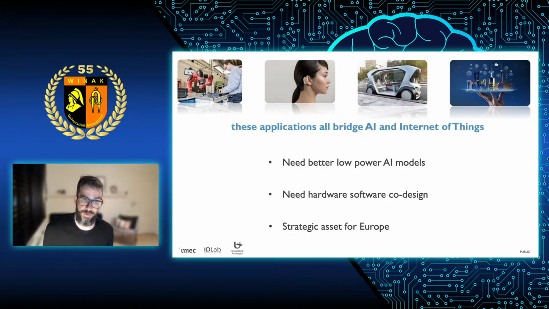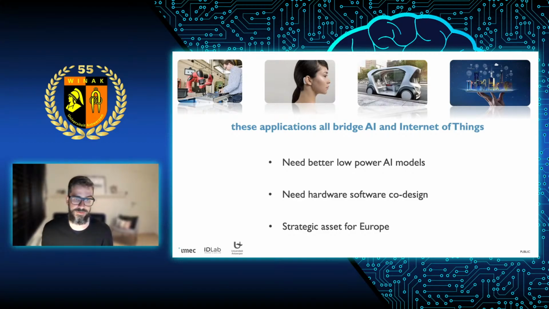But in the more low power sphere, Europe has some important players. I'm not saying this because I'm part of imec, but imec is a world leader in nanoelectronics, so they are doing a lot in that sense. Not my expertise, but other colleagues within imec. And there, I really think that we can win, or at least have a unique select position for Europe in the domain of AI as well.